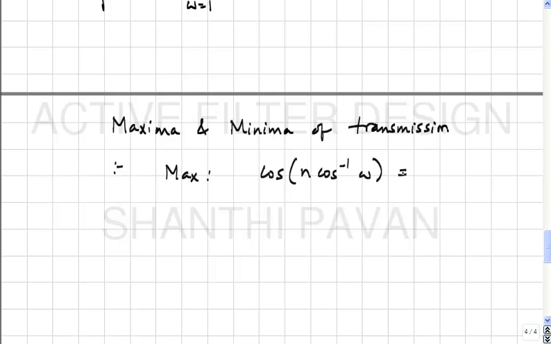1 by 1 plus epsilon square. Is that the minimum or the maximum? That's the minimum of transmission in the passband. Correct? So if you want the maximum of transmission in the passband, what should you do? Equate this to 0. Is this clear? Okay. Which means that n cosine inverse omega must be